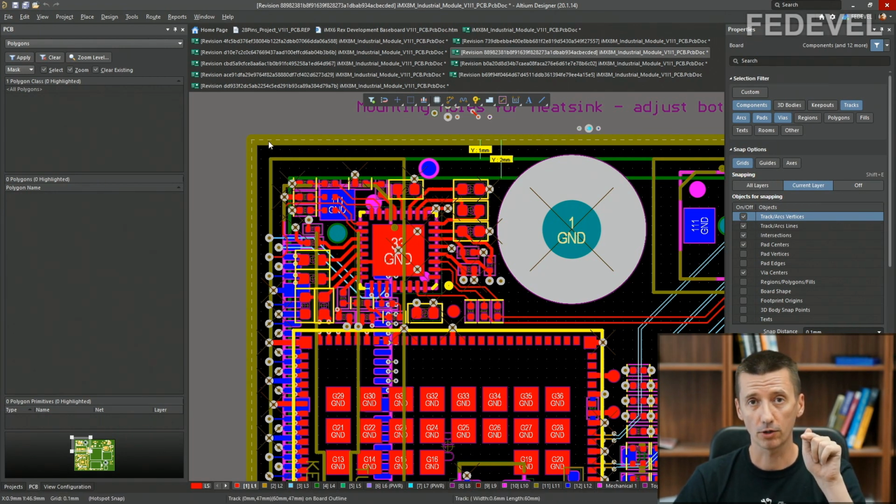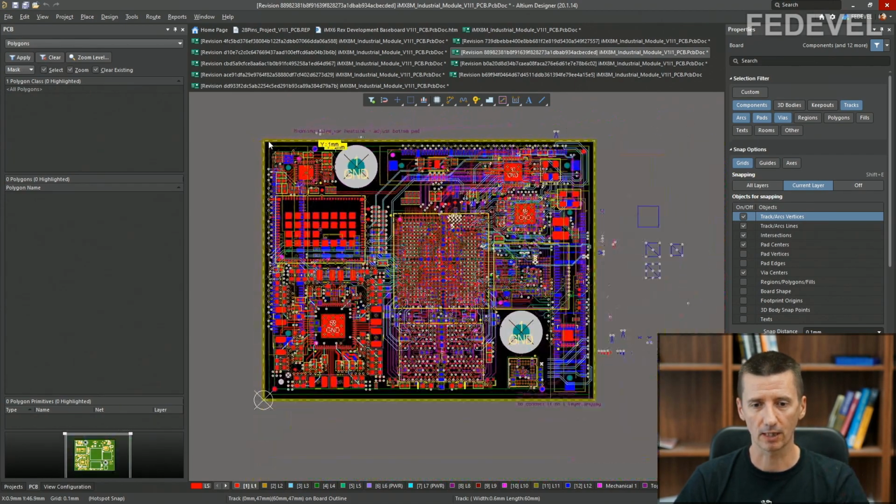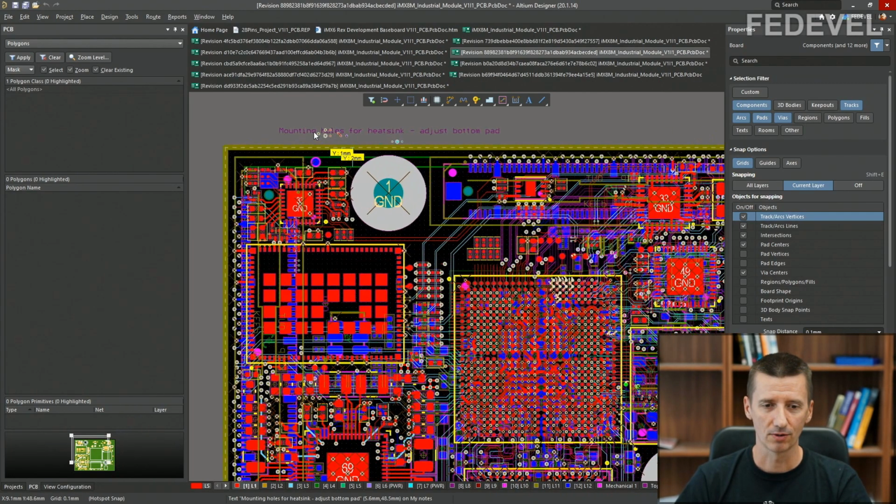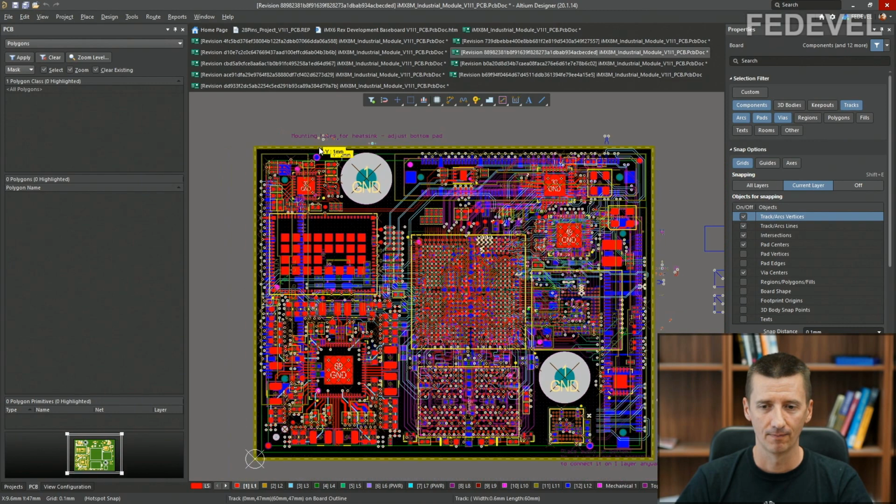But in your board, you may want to use a little bit bigger numbers. Don't forget, this is a very small computer on module, so we cannot really add too much space here, but for bigger boards you may want to use bigger numbers.